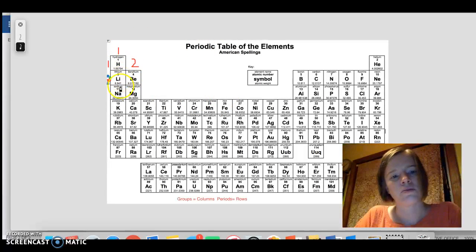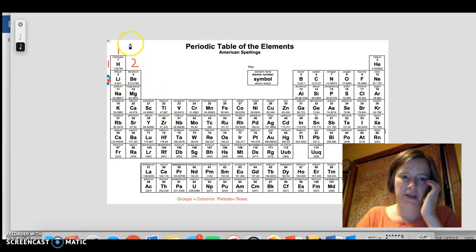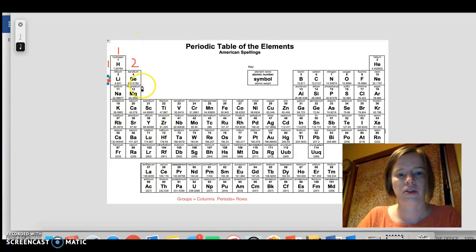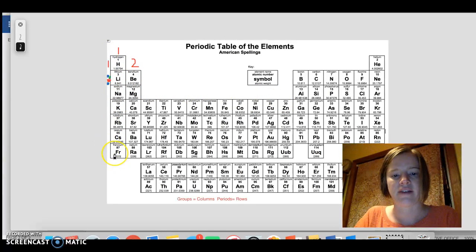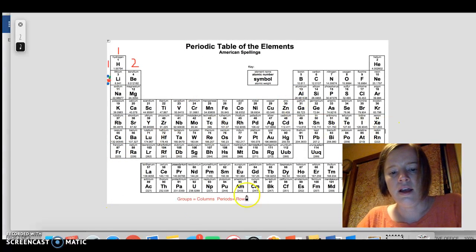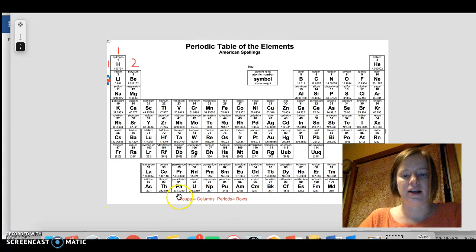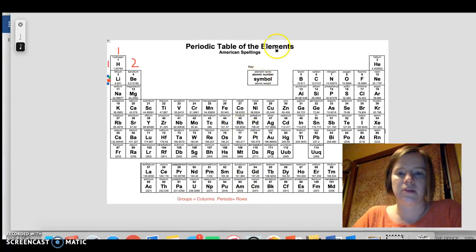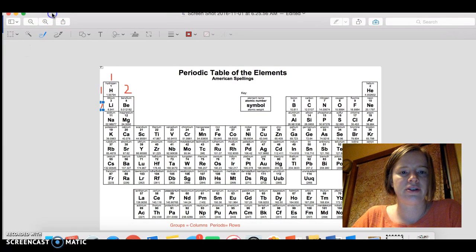So this is how we would identify where an element sits on the periodic table. You've got group 1, period 2, and so on. So just make sure you are labeling 1, 2, 3, 4 all the way across for your groups, and 1, 2, 3, 4, 5, 6, 7 for your periods. Okay, so go ahead and do that on your periodic table. Make sure that in your key you are identifying that groups equal columns and periods equal rows. After you're done with that,